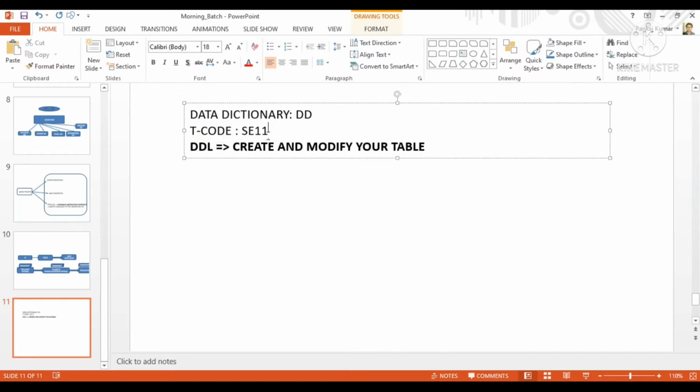The T code for this data dictionary is SE11. Let's go to the system and we'll understand over there in detail. Some important thing is that whatever table you create in SE11 will be globally accessible. SE11, the data dictionary, is also known as the global data repository. You can access it from anywhere, from a program, or from another table. Let's go into the system now and we will see.